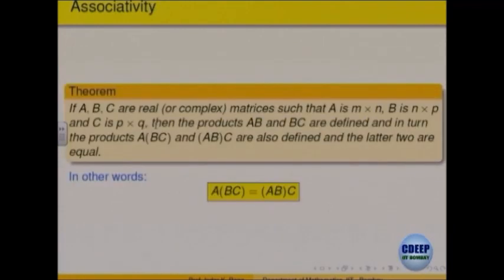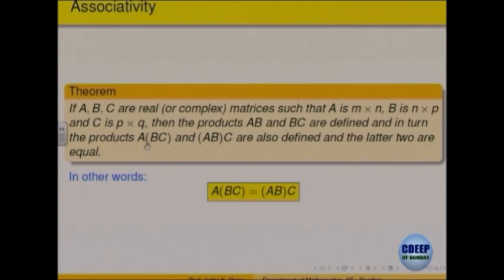One obvious way of saying that it is a nice property is that it is associative. A multiplied by B multiplied by C: A multiplied by BC is the same as AB multiplied by C. Defining a product this way gives it a nice property, it is associative. Okay. It is not commutative, A into B need not be equal to B into A. One can give examples for that.